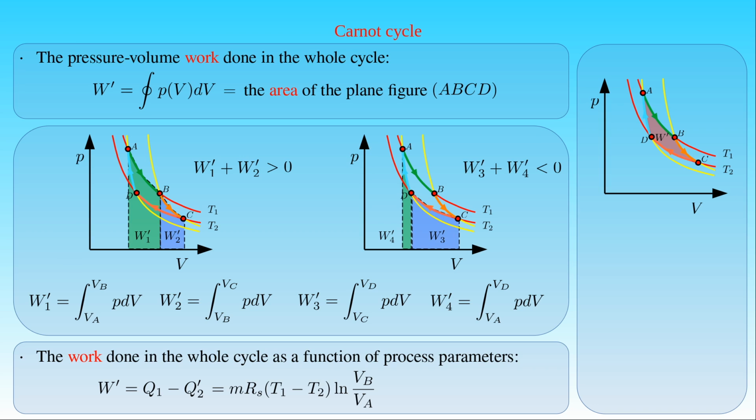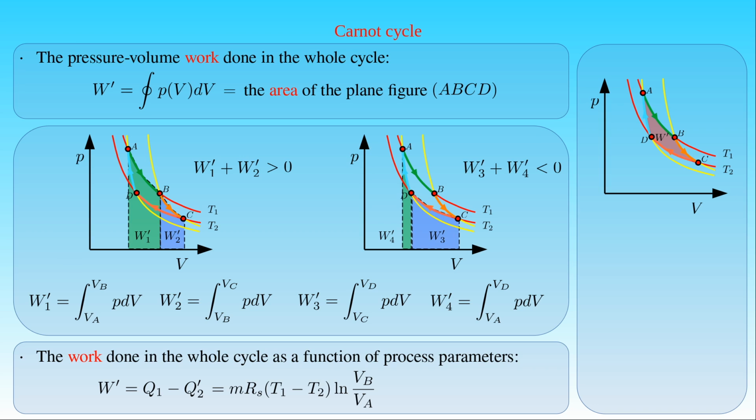In this case, the mass m of the working substance, together with its specific gas constant Rs, are determined by the given amount of water vapor used in the steam engine. Another parameter chosen by the design of the engine is the difference between the maximum and the minimum temperatures in the cycle, which are determined by the hot and cold reservoirs brought into contact with the working substance. Finally, the ratio of the final volume of the working substance to its initial volume in the isothermal compression is also a parameter, which can be determined by the geometry of the cylinder and the moving piston of the steam